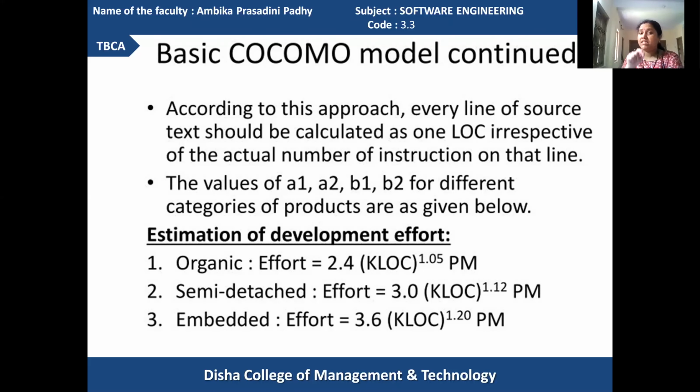According to the basic COCOMO approach, every line of source text should be counted as one LOC, irrespective of the actual instructions required. And A1, A2, B1, B2 are varied values according to categories of products. Accordingly, the formula for estimation of effort can be different based upon the category of software product.